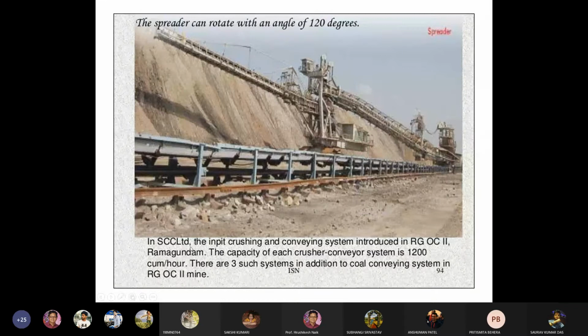In Singareni Collieries Company Limited, the in-pit crushing and conveying system was installed in RG Open Cast Project 2, Ramagundam. The capacity of each crusher conveyor system is 1200 cubic meter per hour. There are three such systems in addition to the coal conveying system in RG Open Cast Project 2.